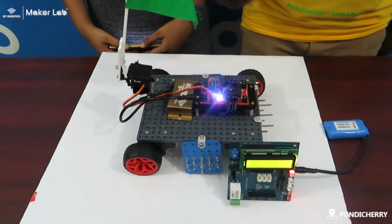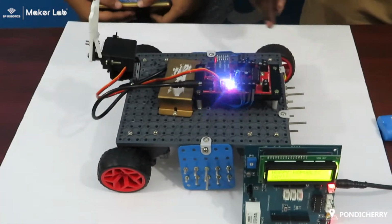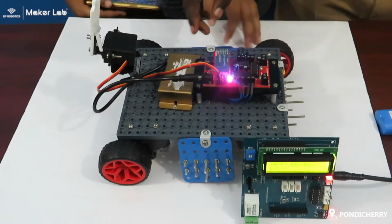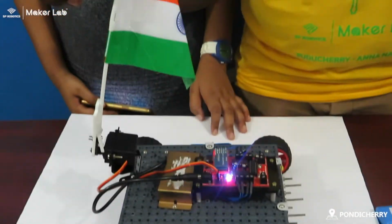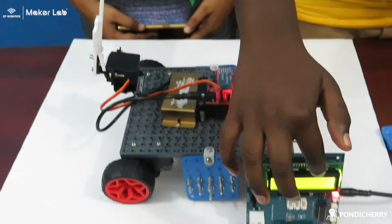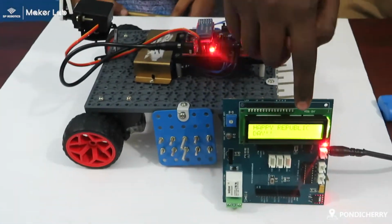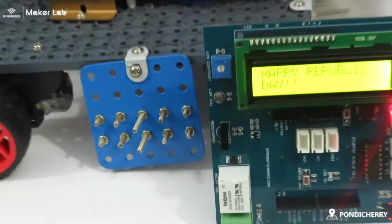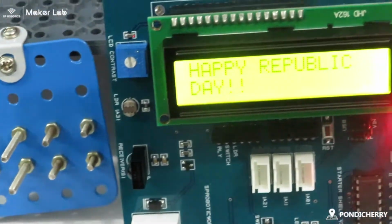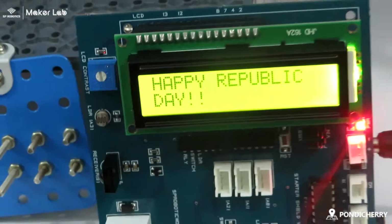Components that we have used are a Bluetooth controller, 4 motors, 4 wheels, a lithium-ion battery, a servo motor, and a flag. For the LCD screen, I have used it for the Happy Republic Day. I have used a liquid crystal display, and I have used an SP Robotics board at the back and a